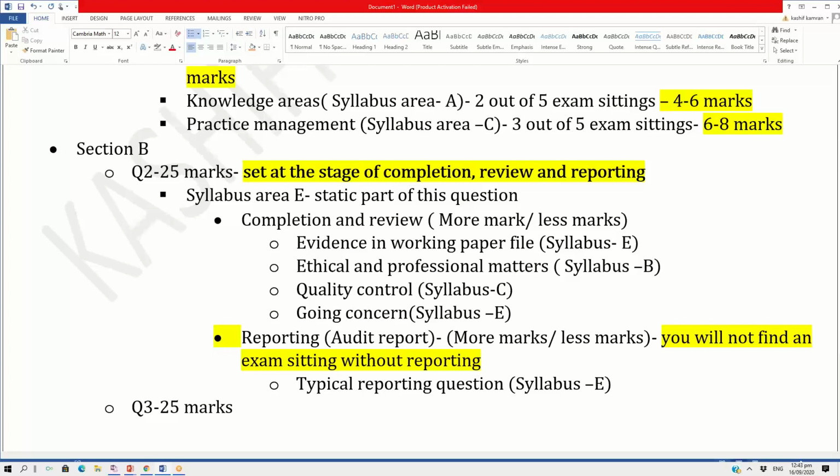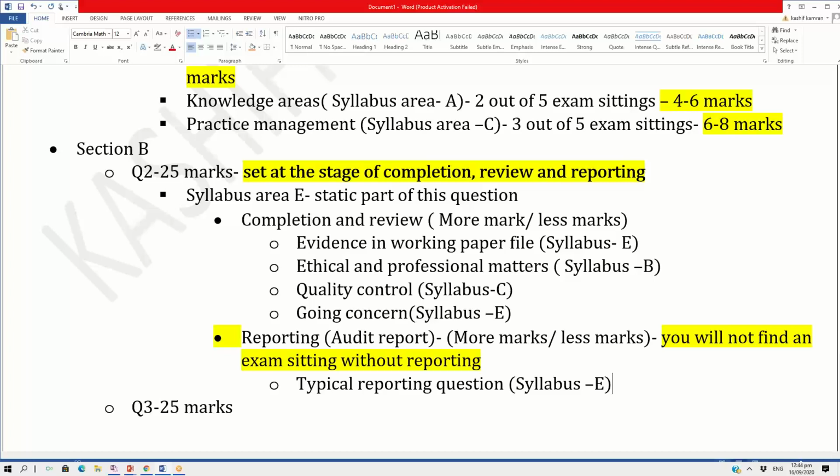In terms of completion and review, not just syllabus area E is important. In terms of completion and review, at times you get questions from quality control, which is syllabus area C. At times you get a question on ethical and professional matters, which is syllabus area B. So there is quite a diversified, flexible syllabus which falls under completion and review,